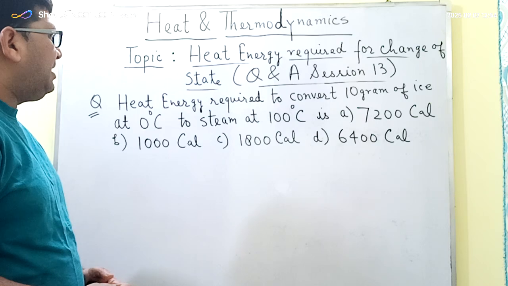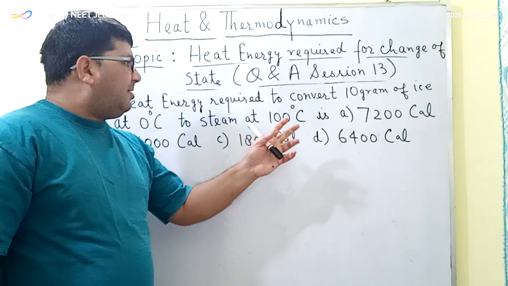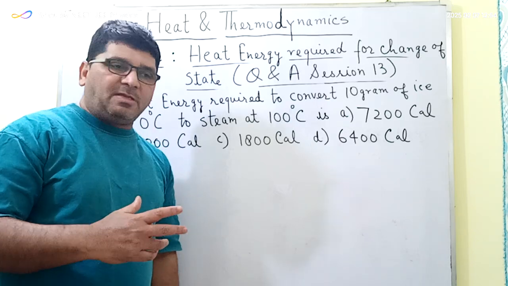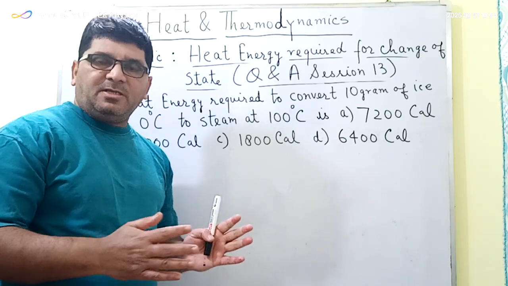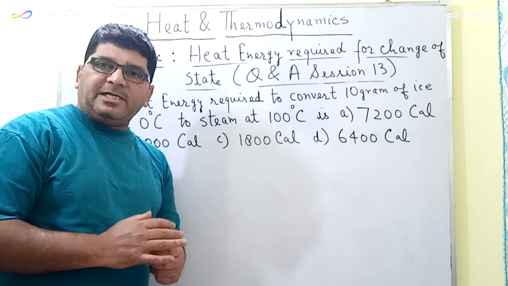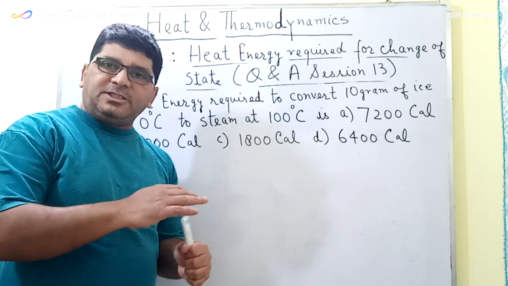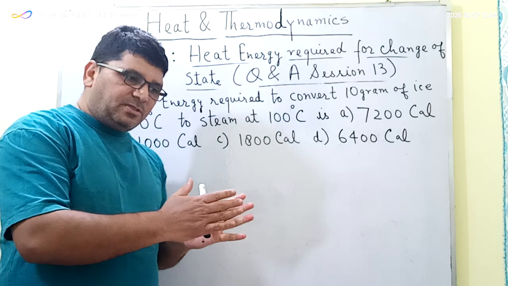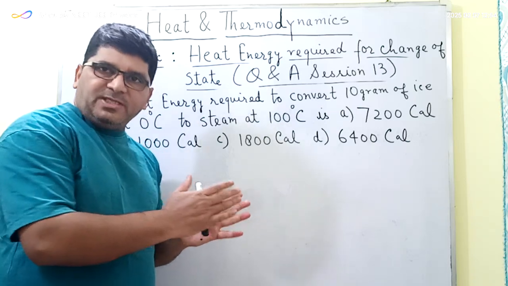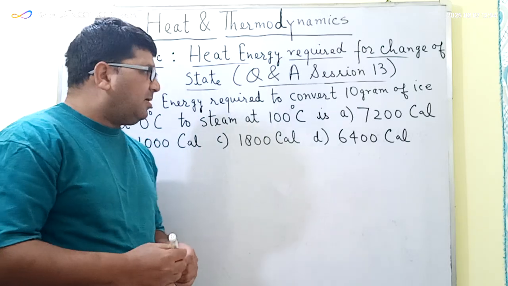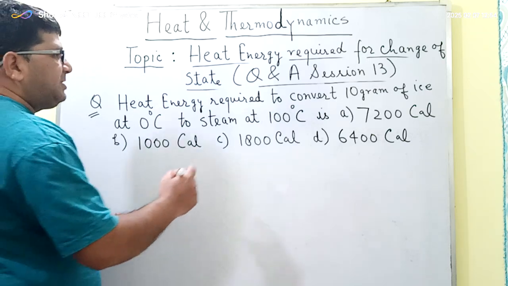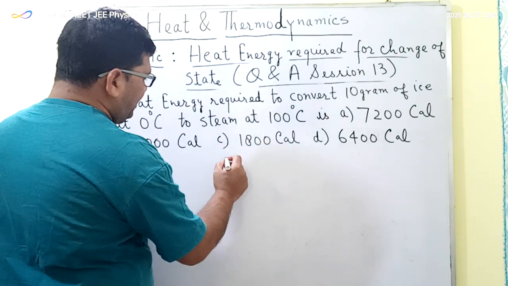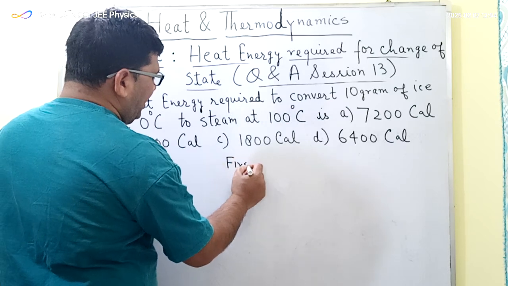In session number 11 we have studied that in order to convert a substance from one phase to another, we have to provide the latent heat, and this latent heat converts the phase of a substance from one phase to another at the same temperature. Now in order to convert this ice into steam at 100 degrees centigrade, firstly we have to